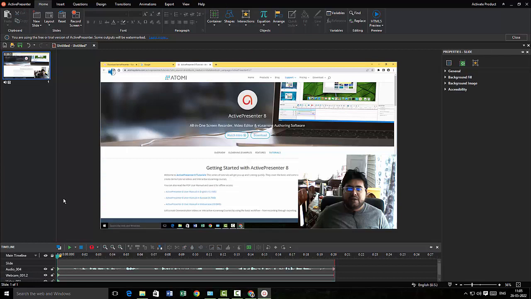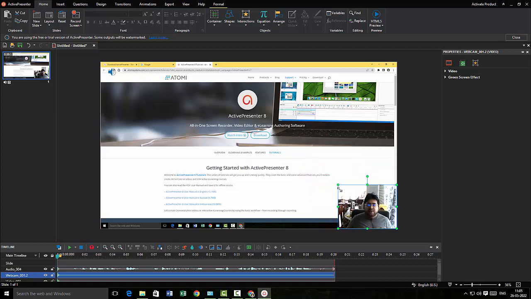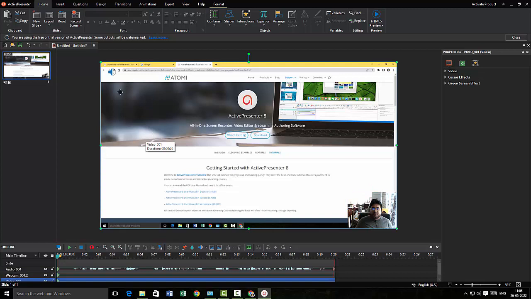Alright, here is my recording, and it has an active timeline where I could edit my videos. So I can also click on the webcam footage here and the screen recording here, and I can adjust these sizes here like this. I think this is bigger than what I want, so I'm just gonna reduce the size of the webcam presentation, and then I'm gonna click on the screen sharing part here, and I think this is a good size, so I don't have to actually